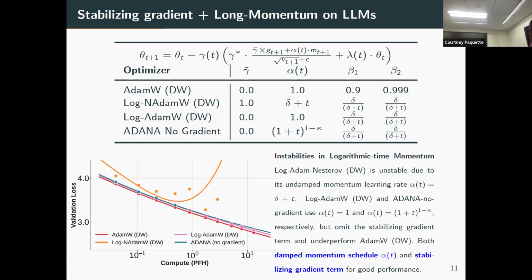Okay, with the log time momentum. So using a beta 1, which has this 1 over t, okay? If you try to do just pure Nesterov, which is this one, you see it diverges. So even with real data LLMs, Nesterov is too aggressive of an idea, okay? And you sort of need both of these. You can't get away with just a gradient and you can't get away with just a momentum, if you want to do the long time for the beta 1. Make sense? A little bit?